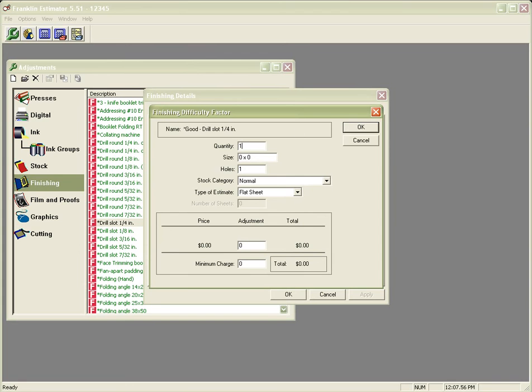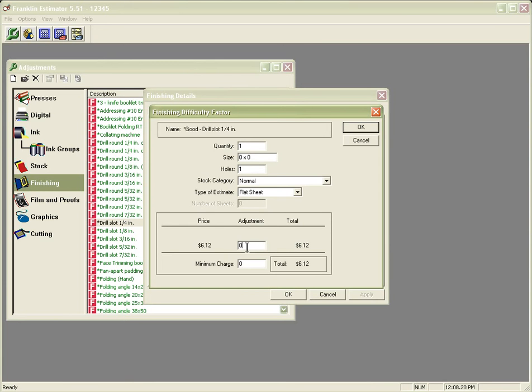For example, by putting in a 1 and tabbing off of it, we can see that for one drilling of 1/4 of an inch here has a rate of $6.12. This would also include the setup for the machine as well. We give you options here to set up where you can put in any quantity, any number of holes, as well as a size, as well as if you'd like to adjust the price, you can do so here within